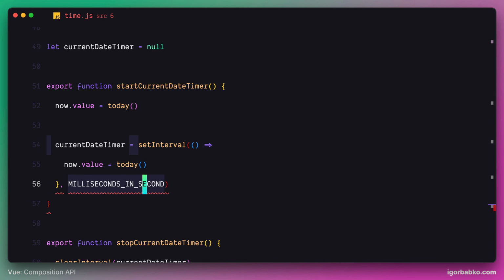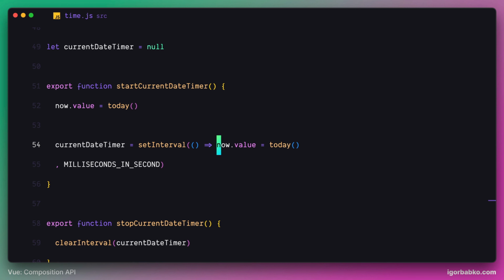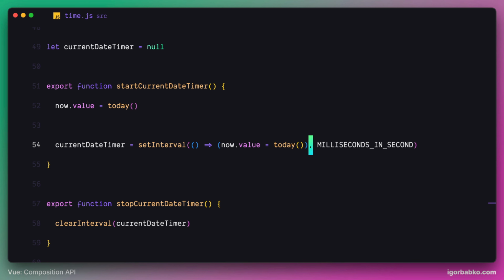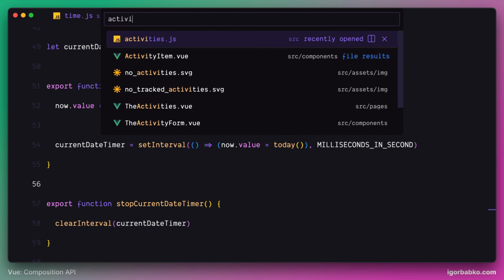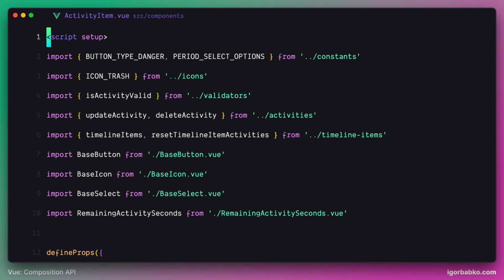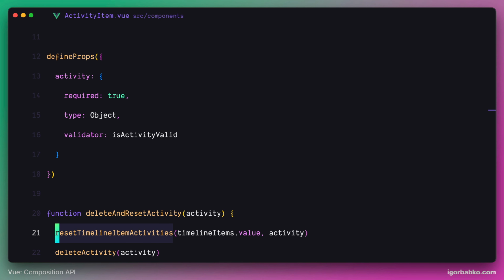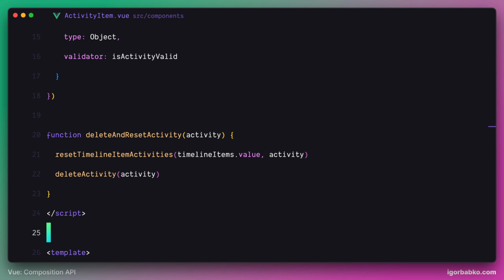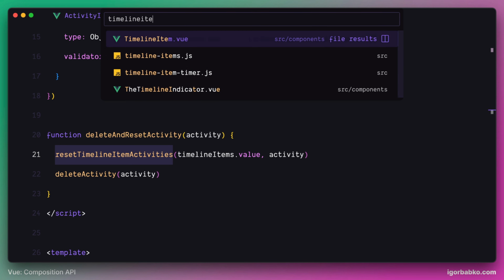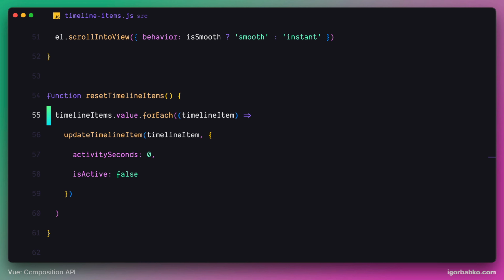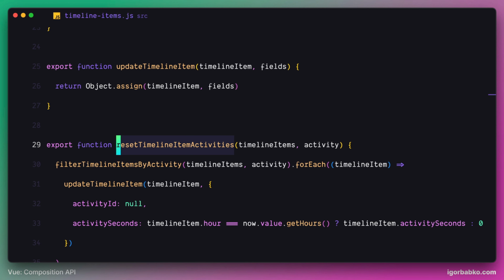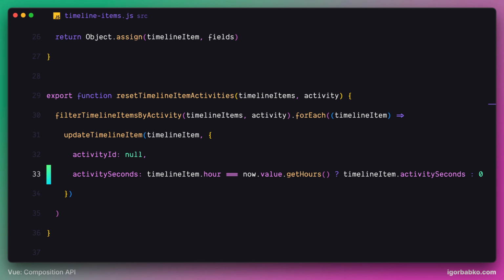Now let's continue and consider another function, the function which lets us remove activities. Let's open up activity item component, scroll down to delete activity function, and the function which we are currently interested in is called reset timeline item activities. So let's go to the definition. This function is currently defined inside timeline items module, and as we can see in here, we are referencing reactive